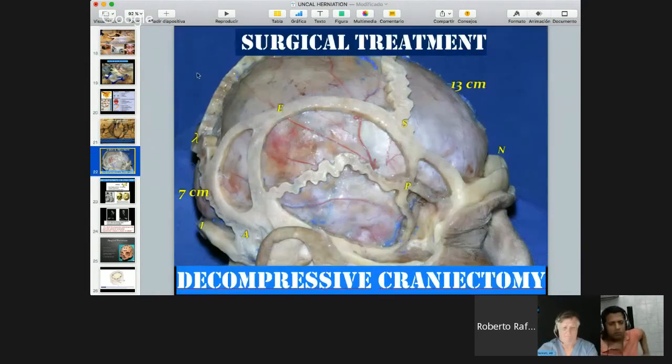Which are the treatments to better the condition of the patient? We can talk about the decompressive craniectomy. The decompressive craniectomy